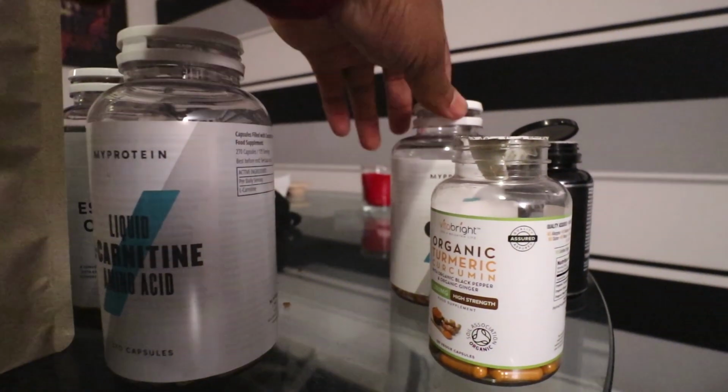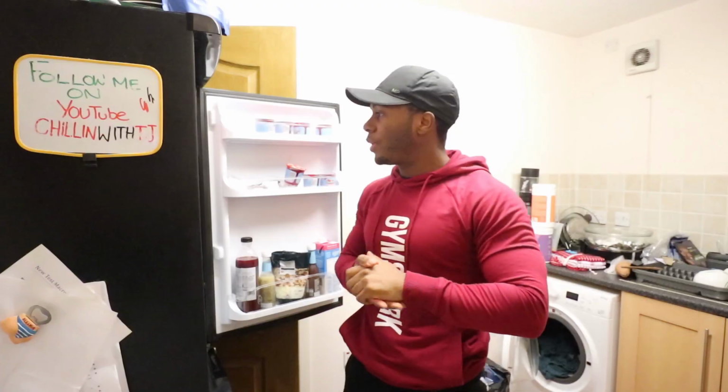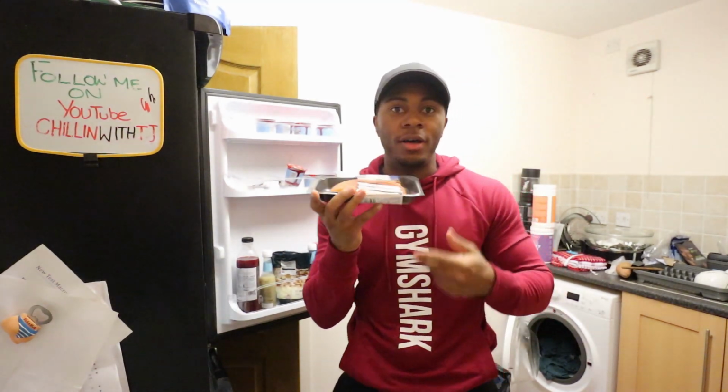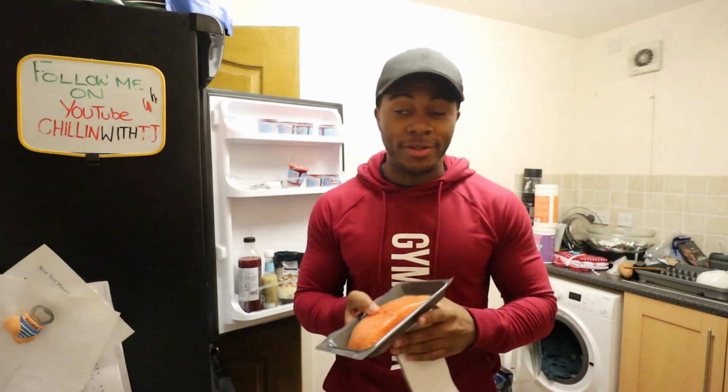I've spoken about these many times before, but these are probably my main 3 that I always remember to take. As for the food now, we have a lot of options. So what we're gonna go for is the salmon. I think salmon's gonna be the route. I've been craving it for a couple of days and I bought it, so yeah, I'm gonna go with